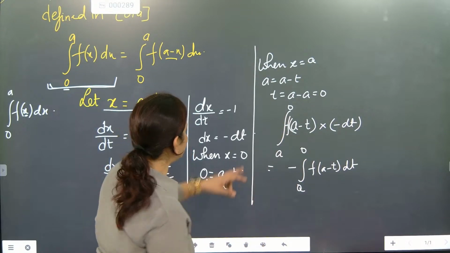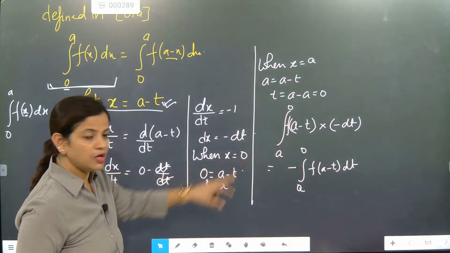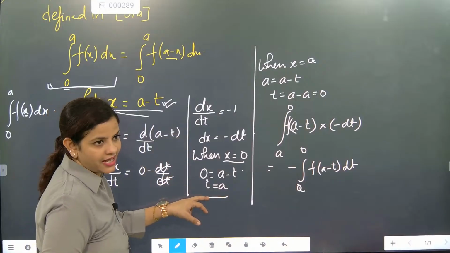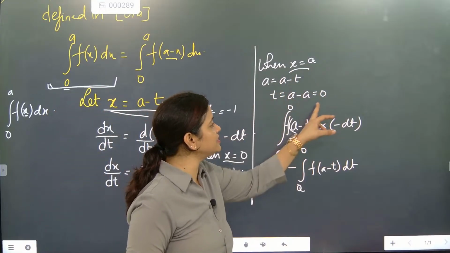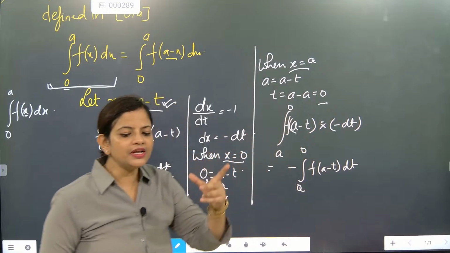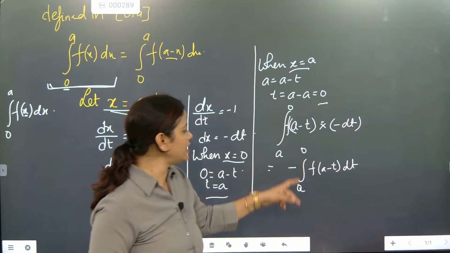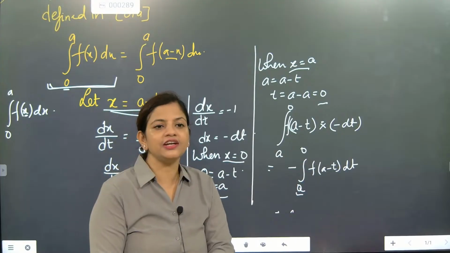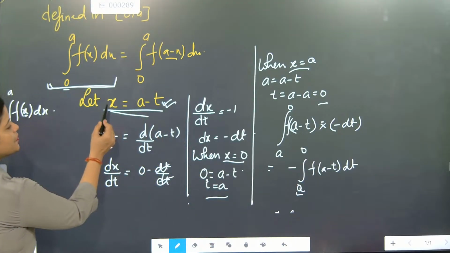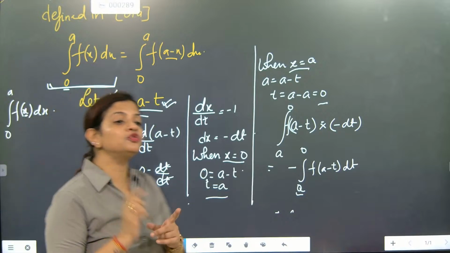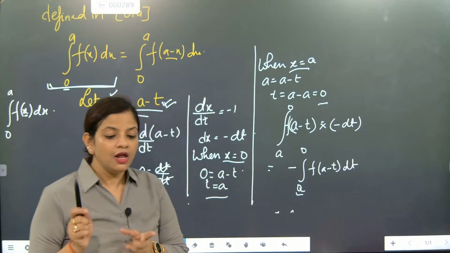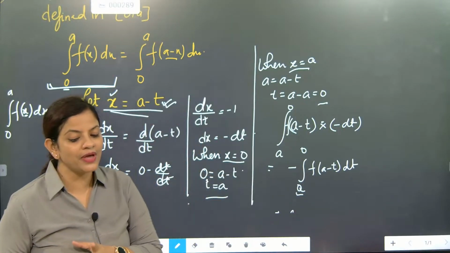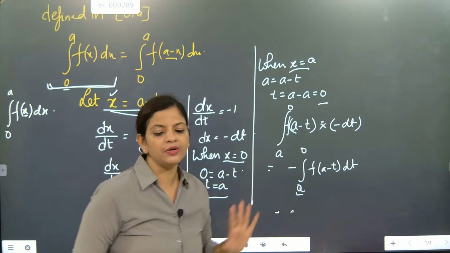From a to 0, because, beta, once you took x is equal to 0, you see when you are putting x equal to 0, the lower limit answer is coming as a. When you took x is equal to a, the answer is coming as 0. See, in a definite integral, once you are substituting x is equal to anything, you have to change your lower limit and upper limit both. And here lower limit and upper limit both you have changed.